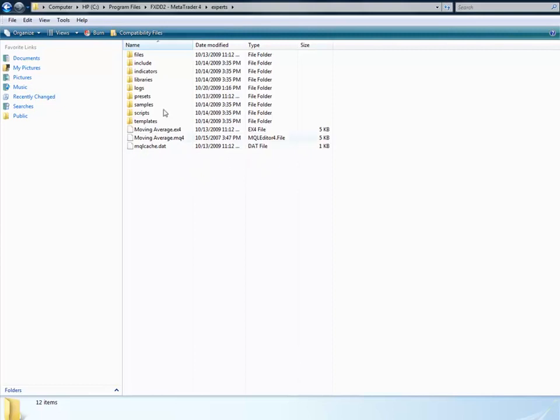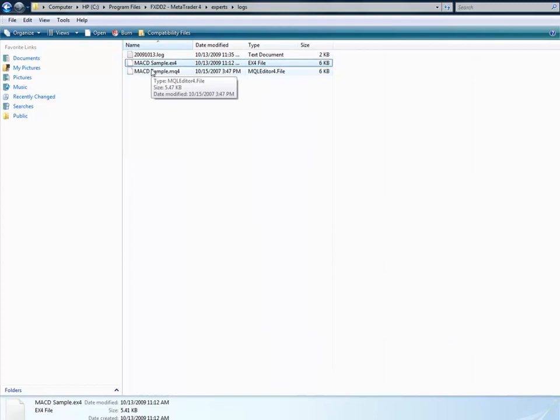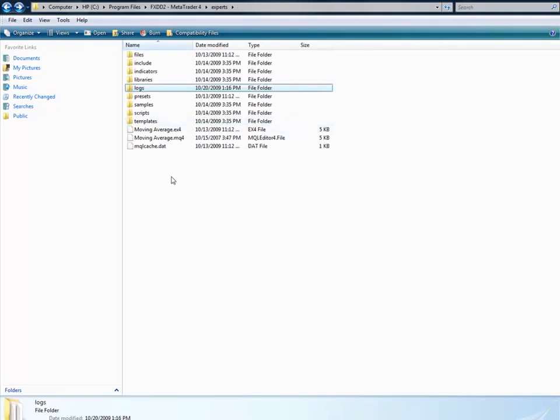Okay, and what I've done is I've just stored a couple of expert advisors here. This is just for the purposes of illustration. They don't go here. These are some I just stored here just so we could copy them to the correct directory. So I hit Control C, go back over to Experts, hit Control V to paste,